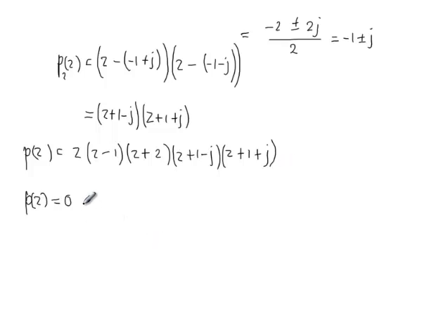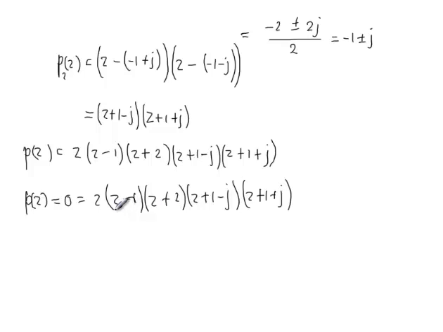So then, which means that we can say now Z, Z minus 1, Z plus 2, Z plus 1 minus J, Z plus 1 plus J, all that equals 0, which means that Z equals 0,